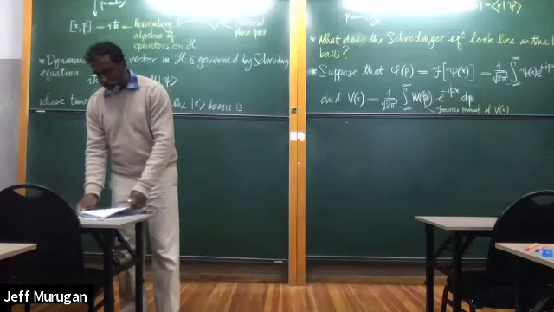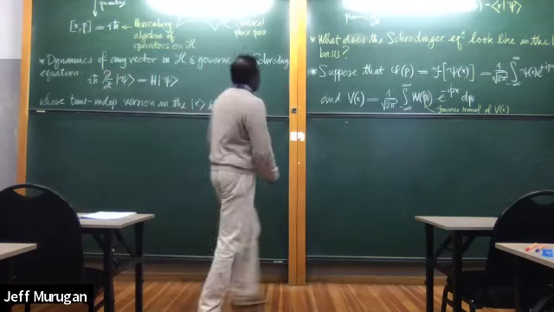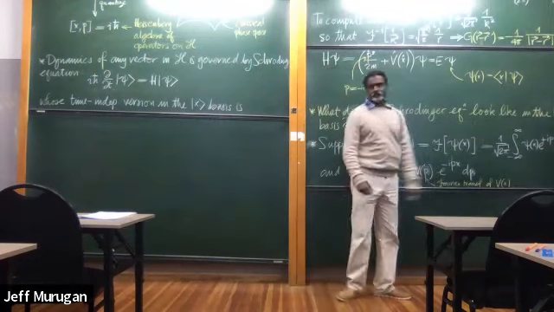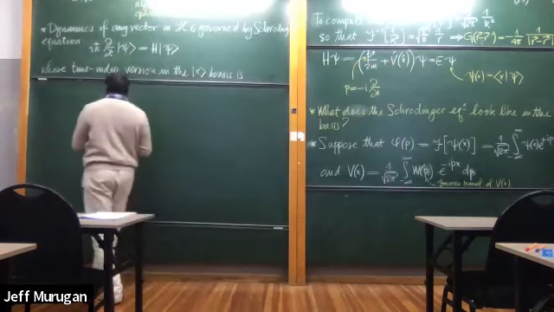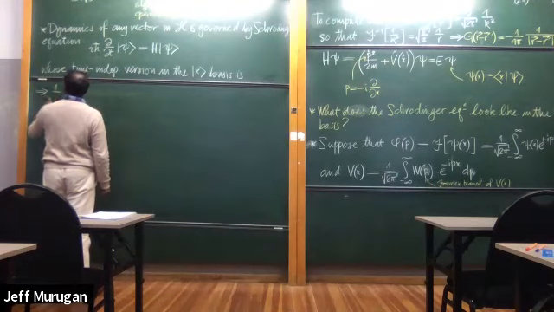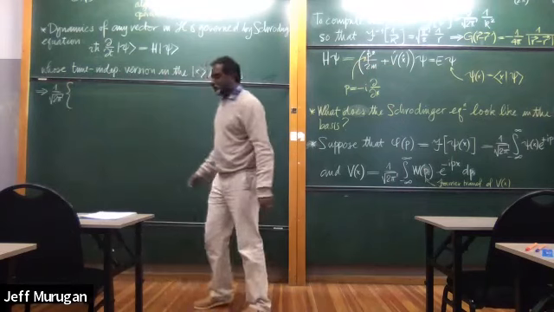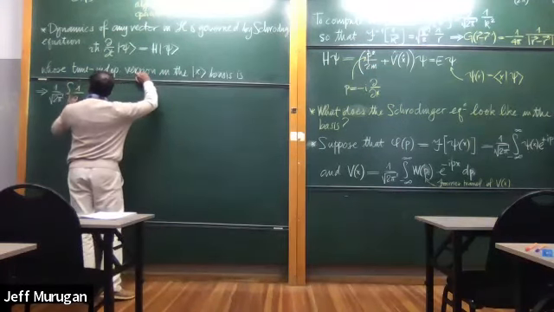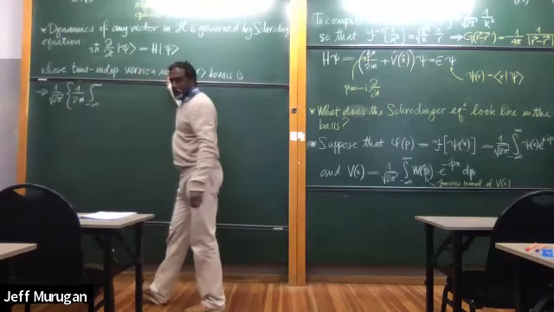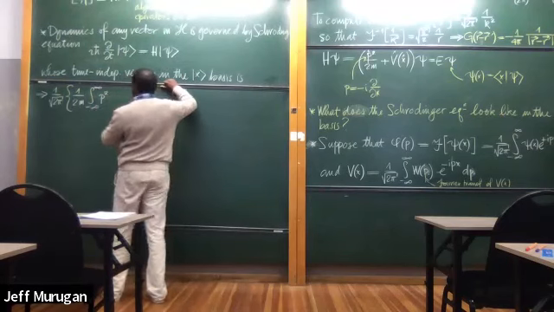So now if I apply the Fourier transform to the time independent Schrodinger equation I have here, if I just Fourier transform across, I get 1 over root 2 pi. This will be common to everything, so I'll take it out. The first term will give me 1 over 2 times the mass, integral from minus infinity to infinity of p squared e to the